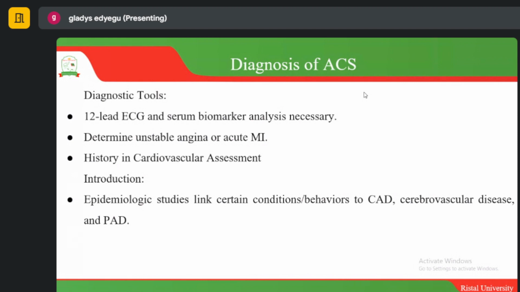Then also the epidemiologic studies link certain conditions or behaviors to this kind of conditions, and they say some of this can be cerebrovascular disease, and also acute pulmonary disease. And when these conditions come in, you realize this patient can also be having acute coronary syndrome. So most of these conditions actually coexist with each other. So when you realize that the patient has this condition, just know that there can be something also happening on the other side